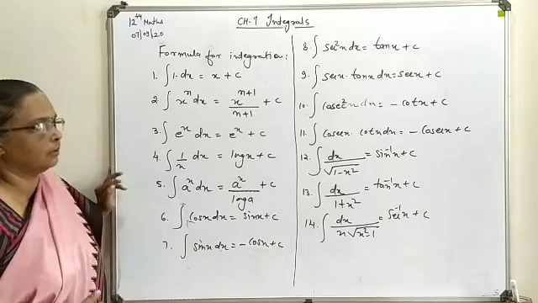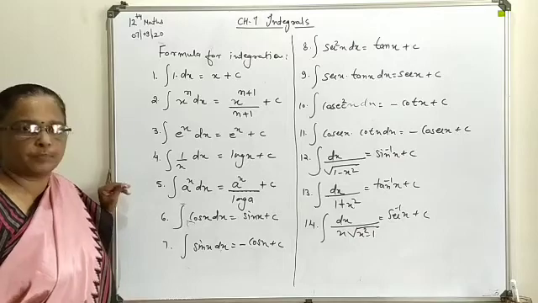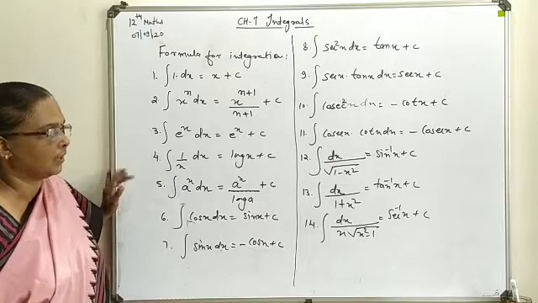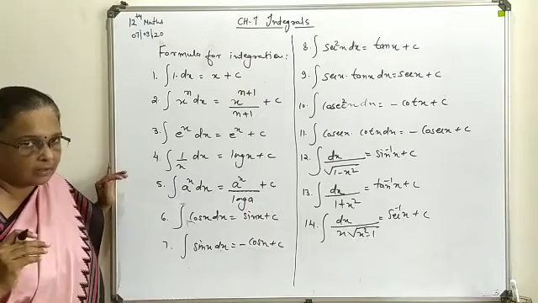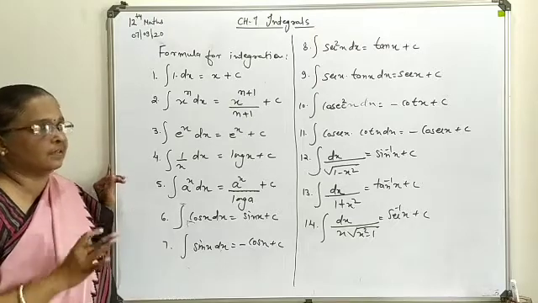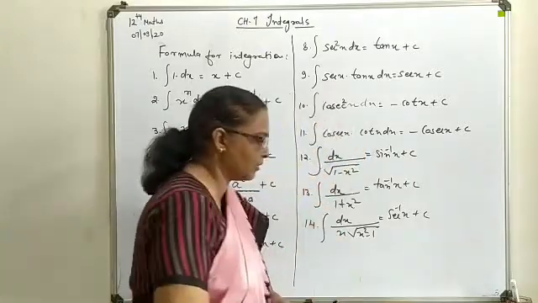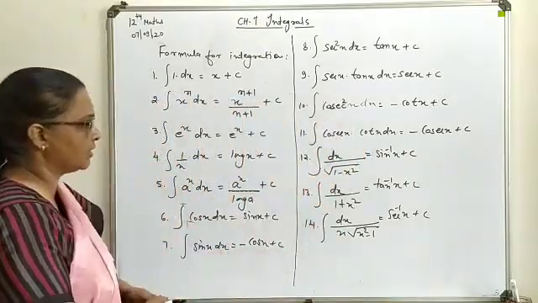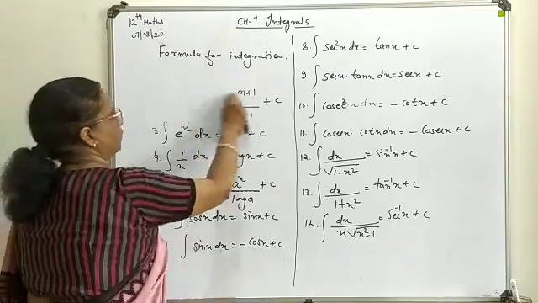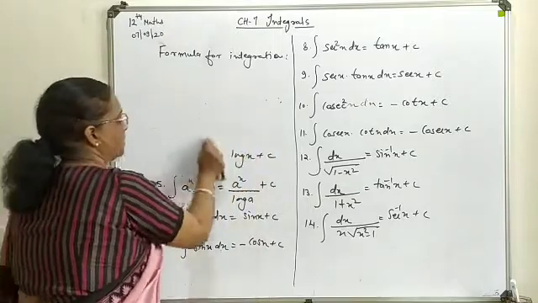Now here we are going to introduce somewhat new forms, that is integration of tan x, cot x, sec x and cosec x. In this list you can see direct single terms regarding tan, sec, cot and cosec we have not discussed anywhere. So that we are going to write here. Afterwards it will be used, but it is better you add this formula here only. So when you revise the formulas, that also will be revised along with these basic terms.